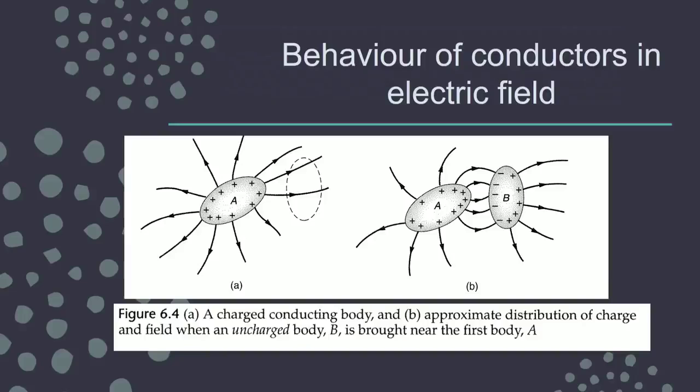This is another way to show you the behavior of conductors in the electric field. Like I have this as a conductor, like we have taken earlier. Now it is a point charge, and the charge is lying on the surface of the conductor itself, and field lines are moving outward, always perpendicular at a point. Now if I bring an uncharged conductor here in its influence, what will happen? The charge will get induced: because here it is positive charge, negative charge will come on this surface and positive charge will go on the farther end.